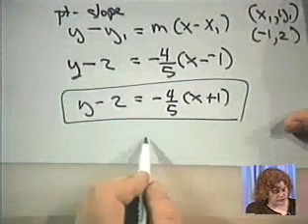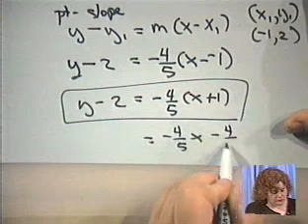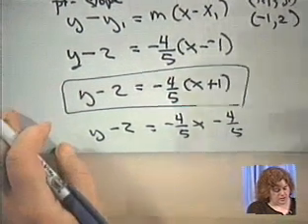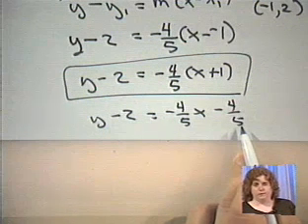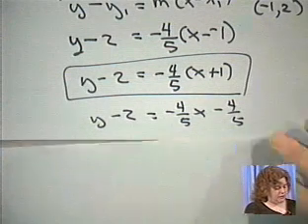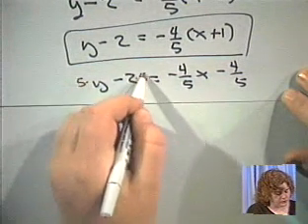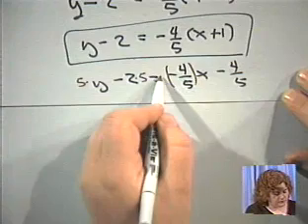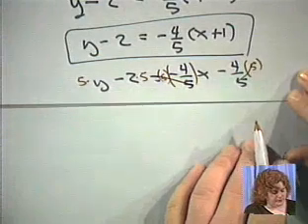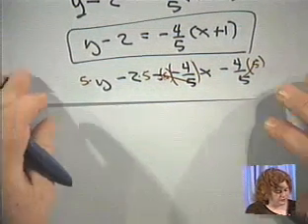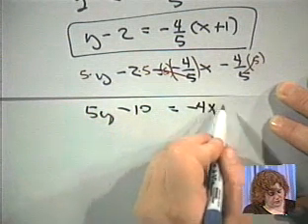Go through that exercise. I'll use the distributive property, and I'll have -4/5 x minus 4/5 on the right. And I'm going to multiply by 5 because it'll be more convenient to go ahead and get rid of that denominator now. When I multiply everything by 5, a different colored pen is very useful here. Those are going to go away, and I will be left with 5y minus 10, which is equal to -4x